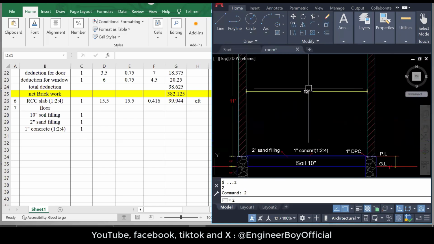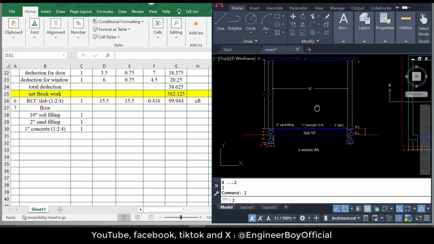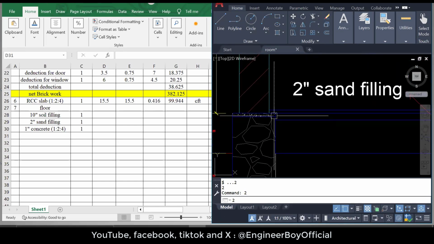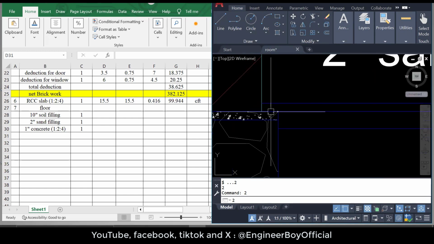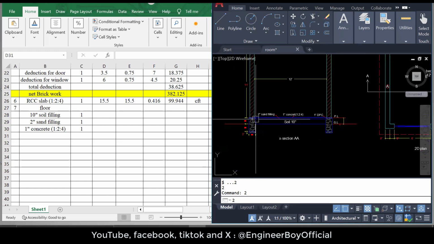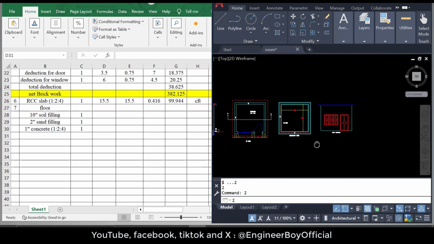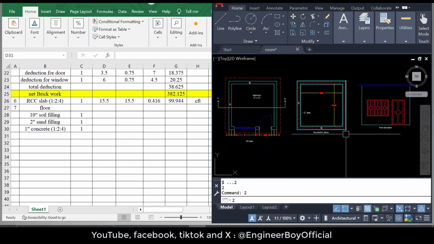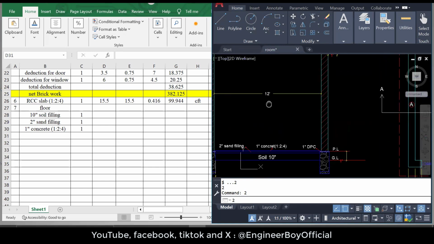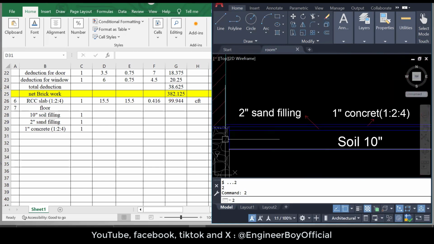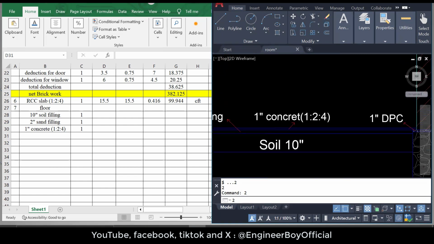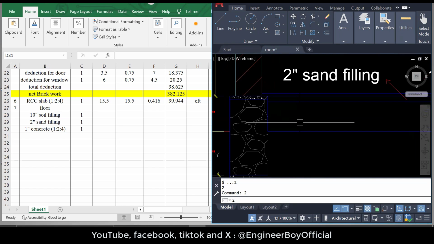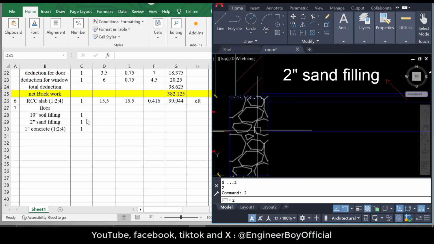Now, as you can see, this is 12 feet. Now look at the foundation. We have to subtract this portion, which is 2 inches, because this is a 2 inch offset. You can confirm that from the foundation. Look at that, the offset is just 2 inches. So from 12, we have to subtract 2 inches for the soil filling, and for the other side 2 inches as well. It means 4 inches can be subtracted. The total length is 12, and we will subtract 4 inches. It means we should have